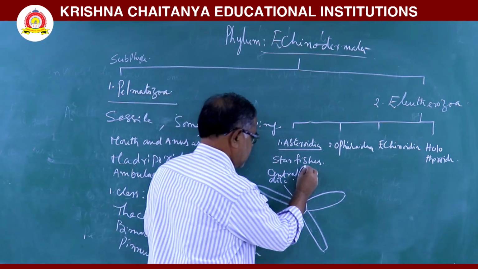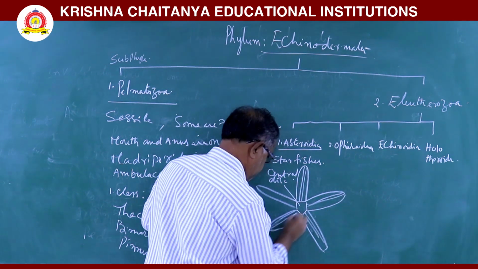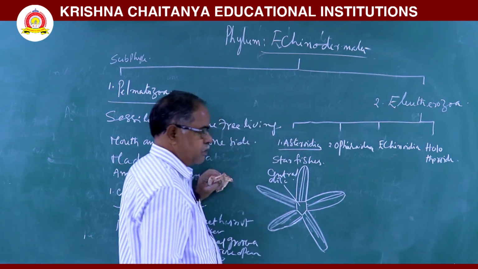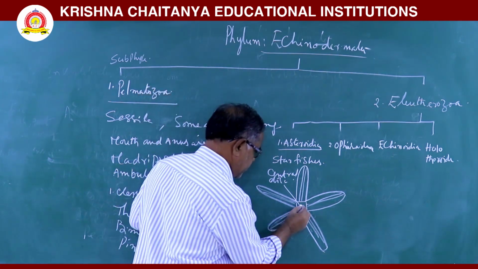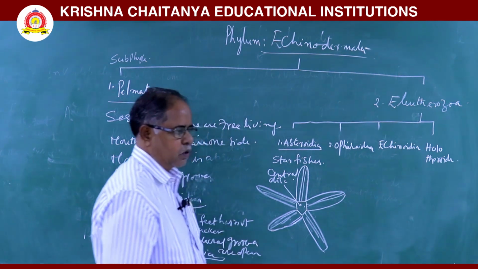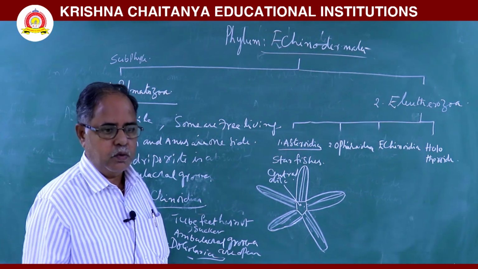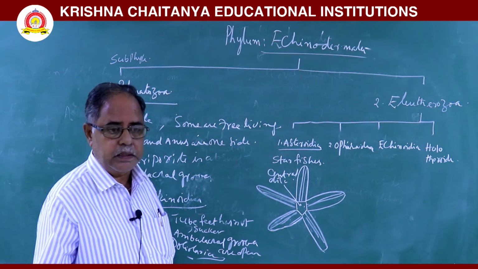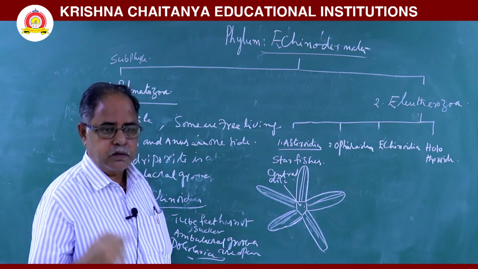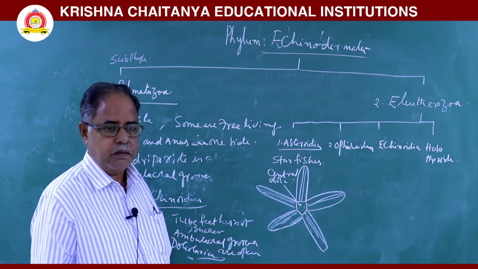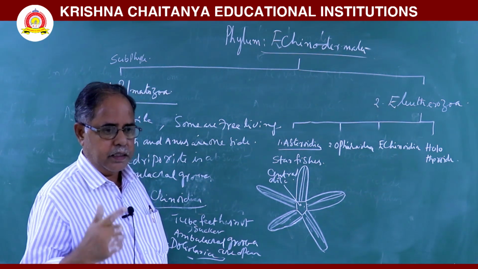Next, here umbilical growths are open. Mouth is present on the oral side. Anus and madreporite are present on the aboral side. Here, the pedicellariae have 2 jaws. Two-jawed pedicellariae are present. These pedicellariae are used to capture food, for defense, and also to clean the surface of the body.